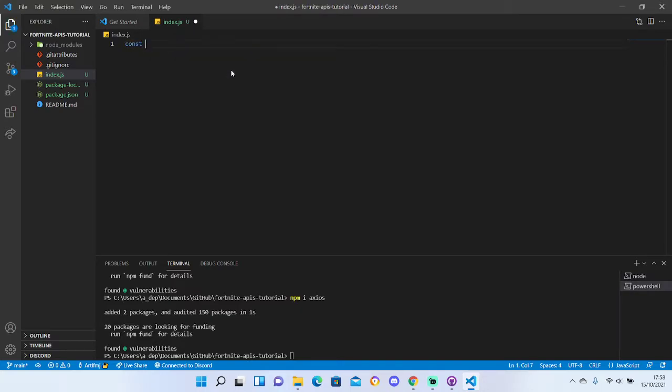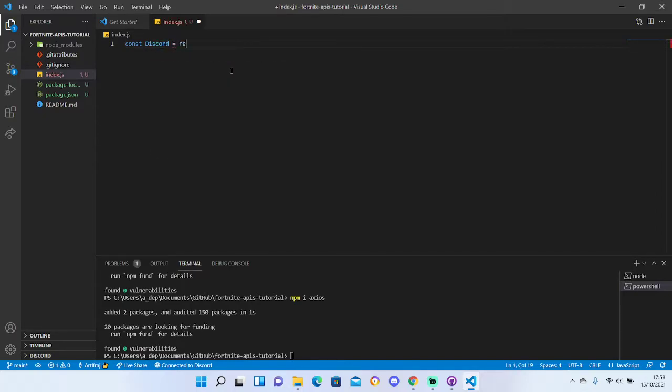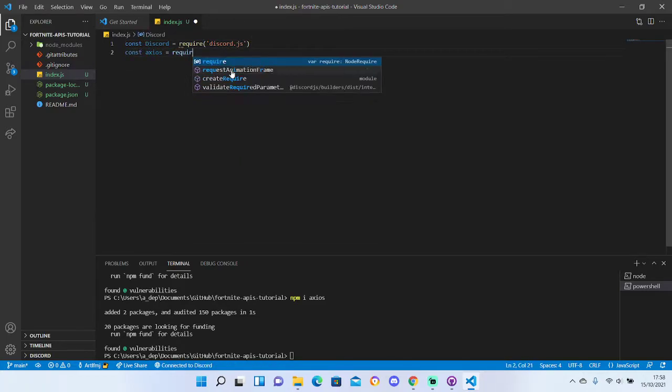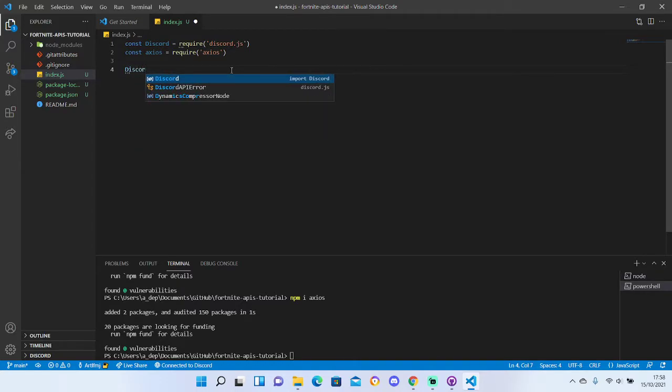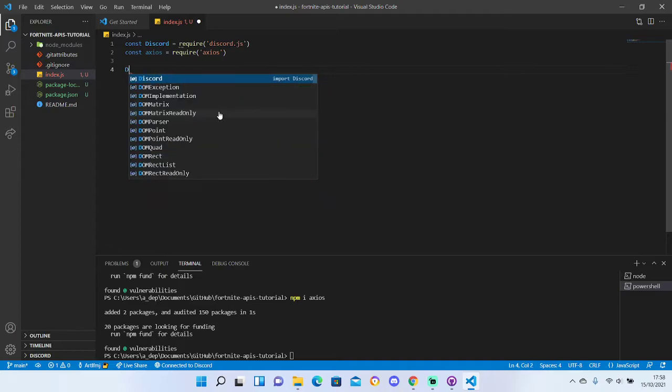So we're going to require, you need to have a minimum of JavaScript. You're going to require Discord here, discord.js, and const axios = require Axios. So as you can see, there are many things you can do with Discord. I'm gonna explain it overall, but first what we're gonna do is